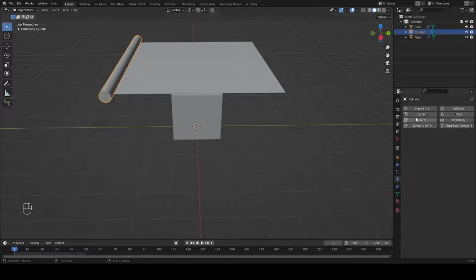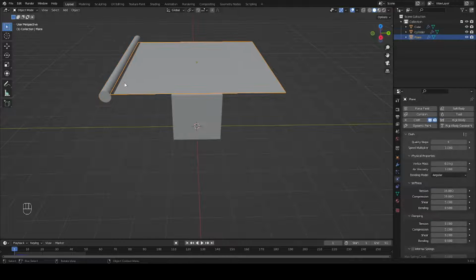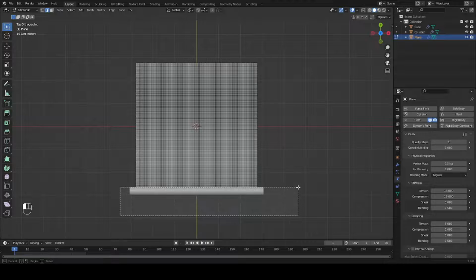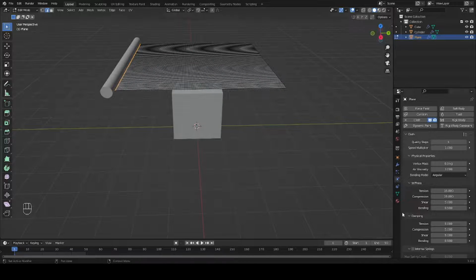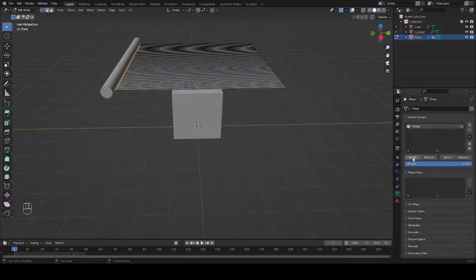So, we're going to make this into a collision, and it kind of pushes away, but it still doesn't stick to the rod. To do this, we're going to need to press Tab, do edge select, go on the Z, and select that whole edge right there. Then we go down here to Object Data Properties, create a new vertex group, and click Assign with